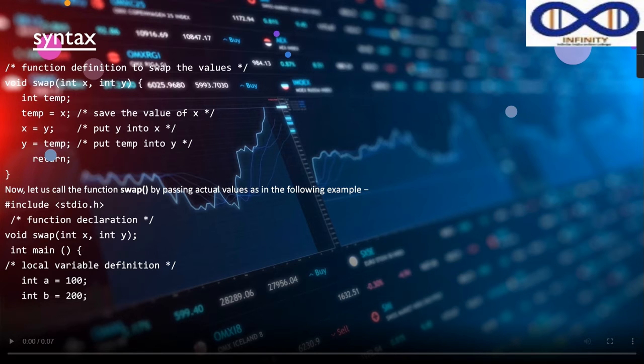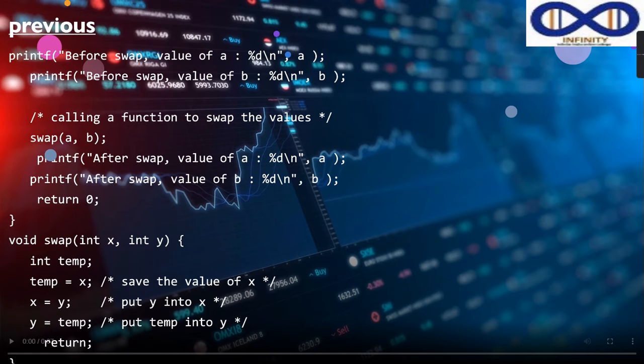After that, return. Now let us call the function swap by passing actual values, as in the following example. Here the program has included stdio.h, and then the function declaration void swap(int x, int y). In int main, local variable declaration: int a = 10 and int b = 200. So this is the program: printf("before swap value of a: %d\n"), and then after it,